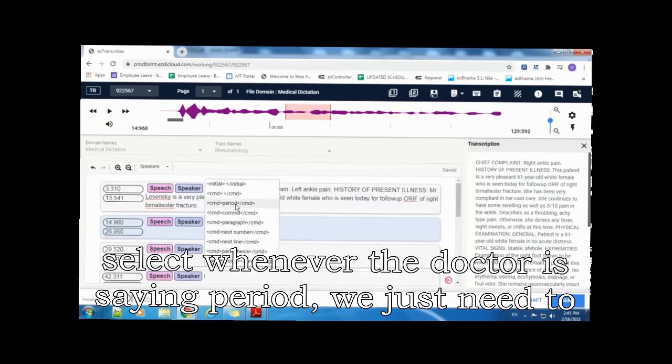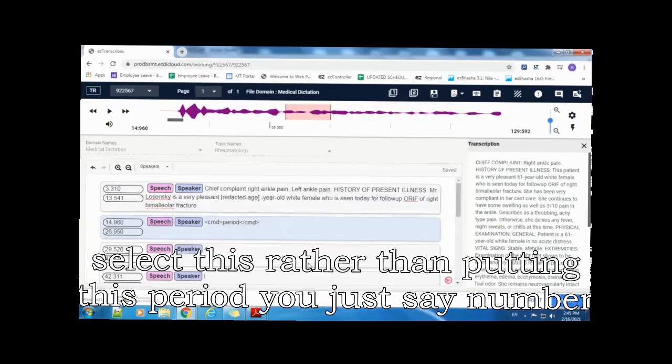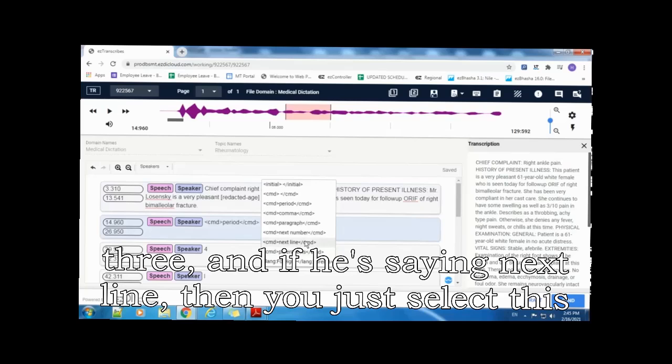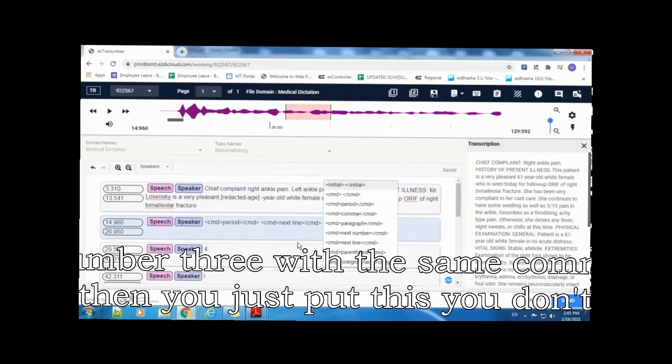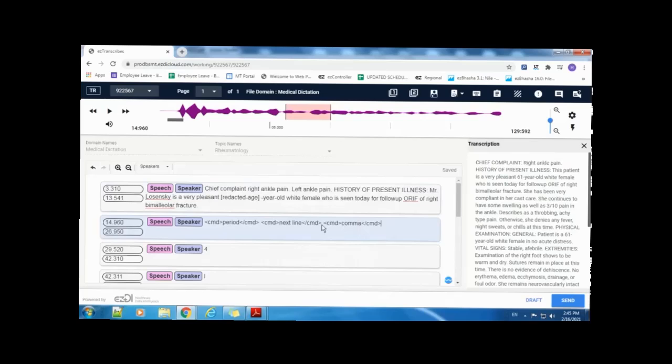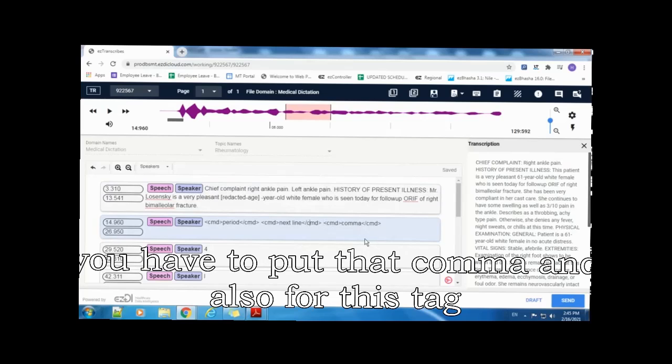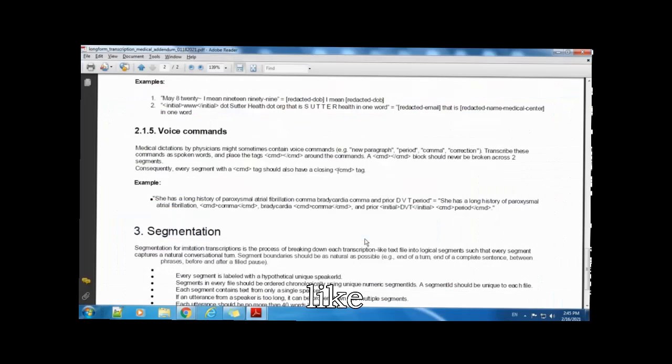All you need to do is select. Whenever the doctor is saying period, you just need to select this rather than typing the period. You just say number 3, and if he's saying next line, then you just select this. Number 3, if he's saying comma, then you just put this. You don't put the physical comma alone. You have to put that comma and also put this tag.